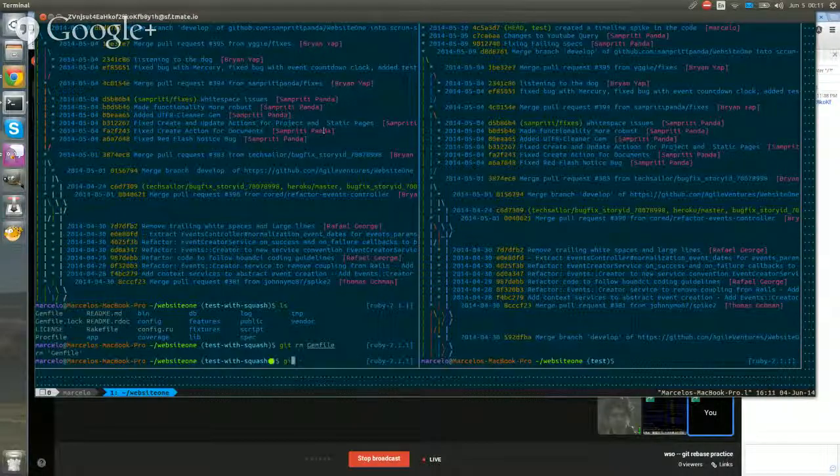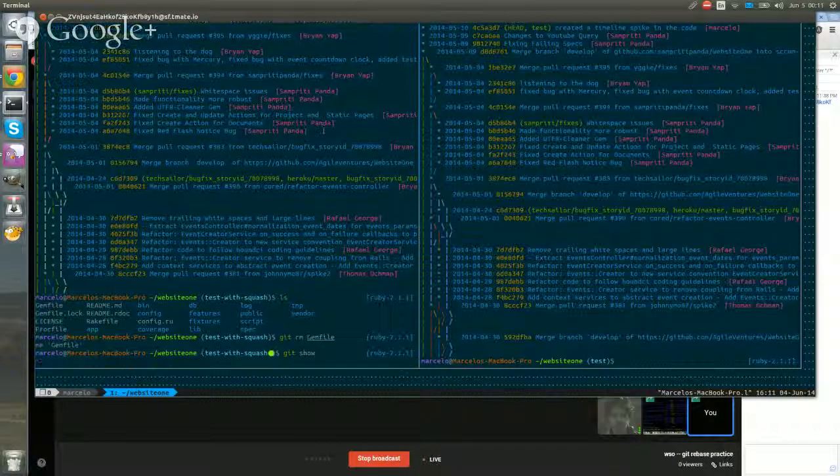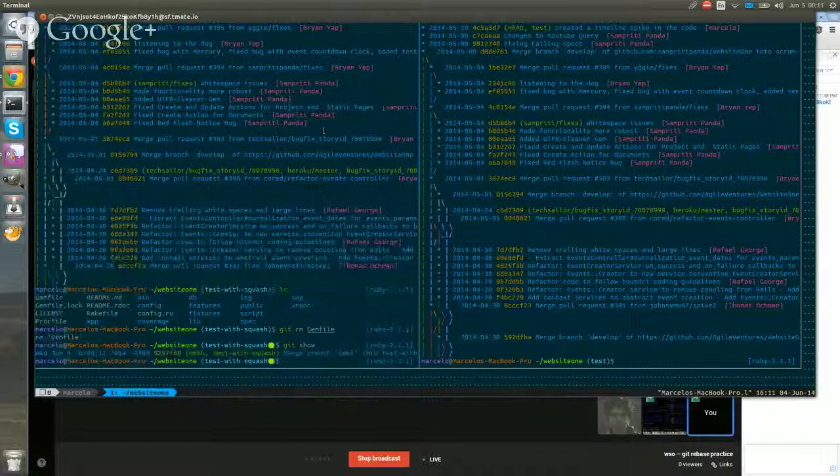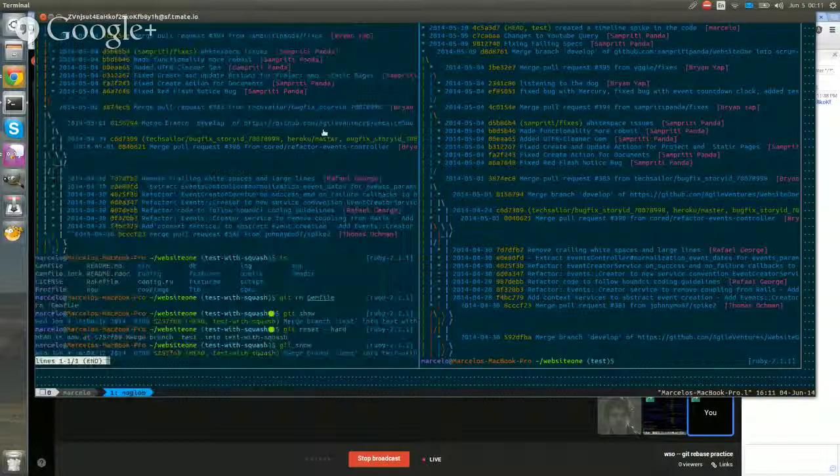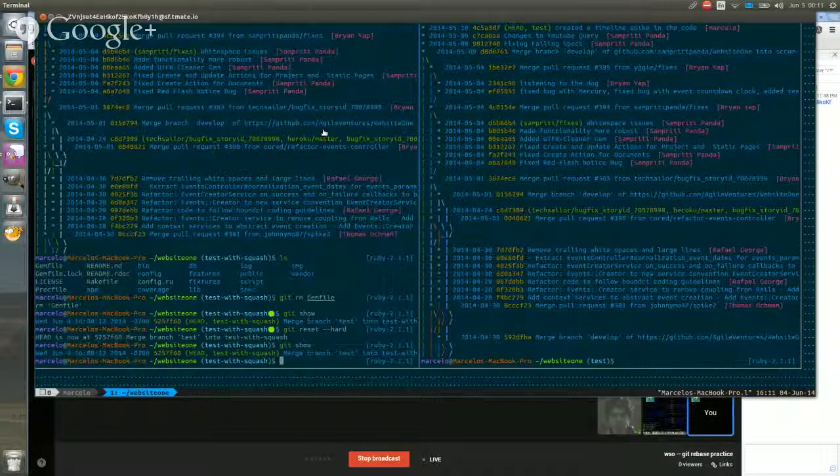So if I go git show this, no, this is not configured the same way. Wait, maybe I need to do this. No, it's not the same. Okay, never mind. Maybe it's because this is a merge. Now, how do I get a diff between? Oh, never mind. Anyway, what I usually do is, okay, let me just show you.